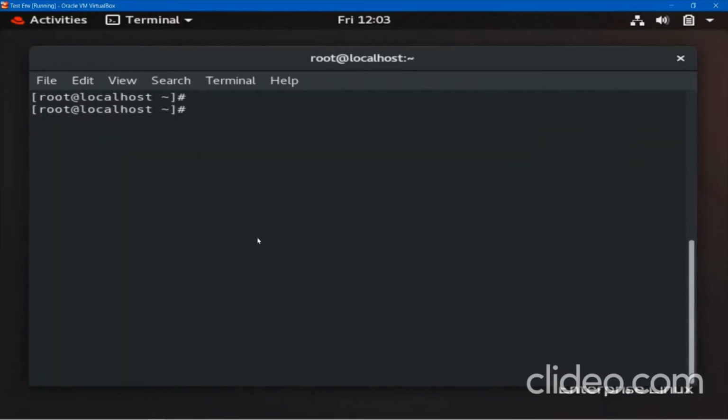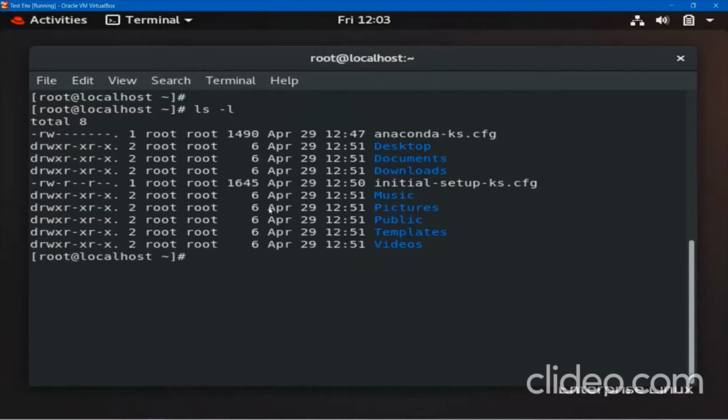Any command has an option, and can also support multiple options. For example, ls -l will give you a long list, something like this. Here the size is in bytes, 1490 bytes. Normally we human beings are familiar with KB or MB or maybe GBs, right? To calculate the same file size in human language, we can pass one option, that is -h. So in Linux you can do ls -l space -h. You can put them together and see the same output. Okay, so let me show you this first.